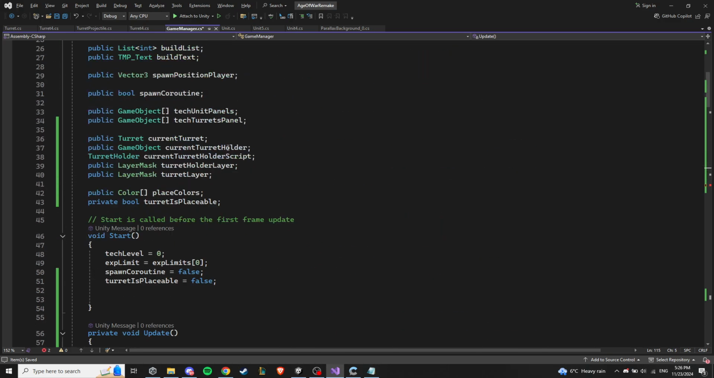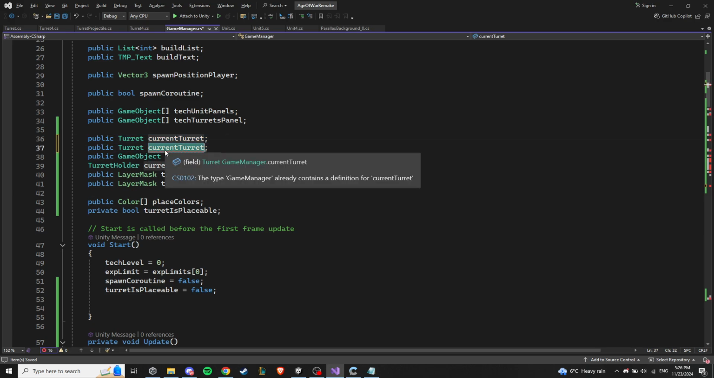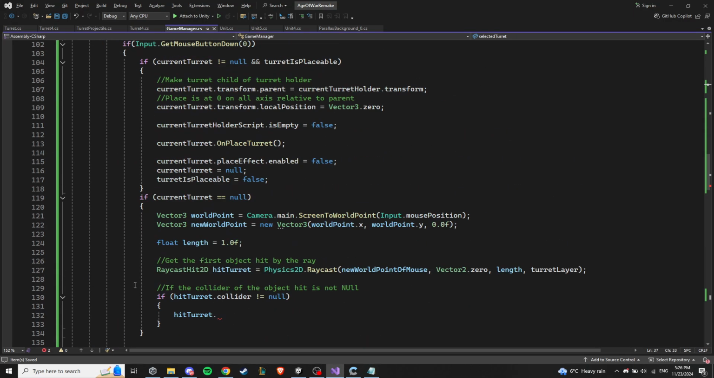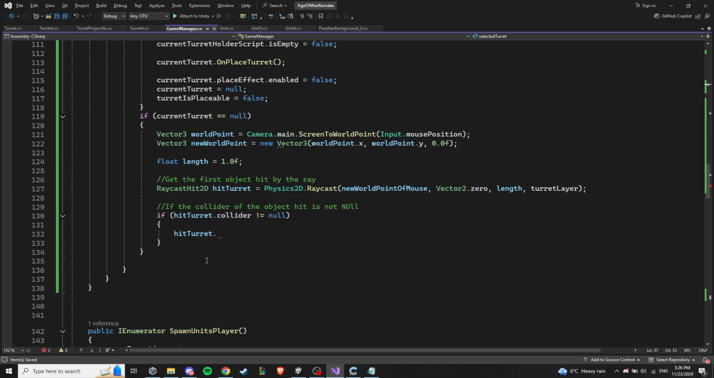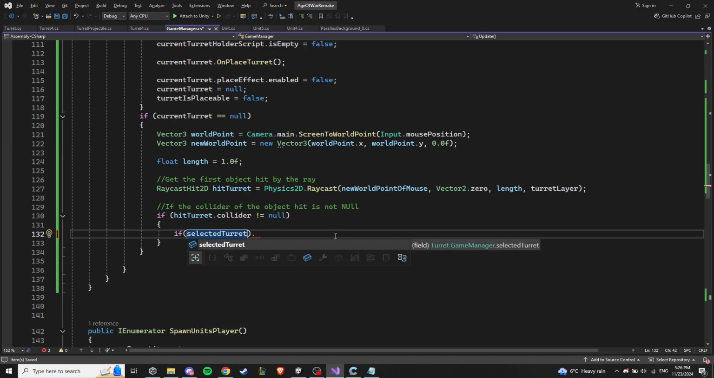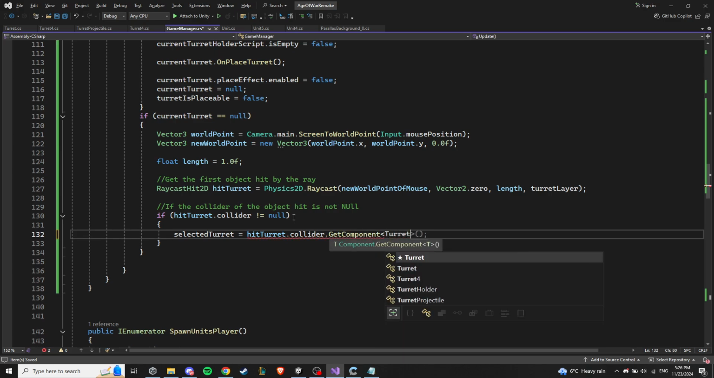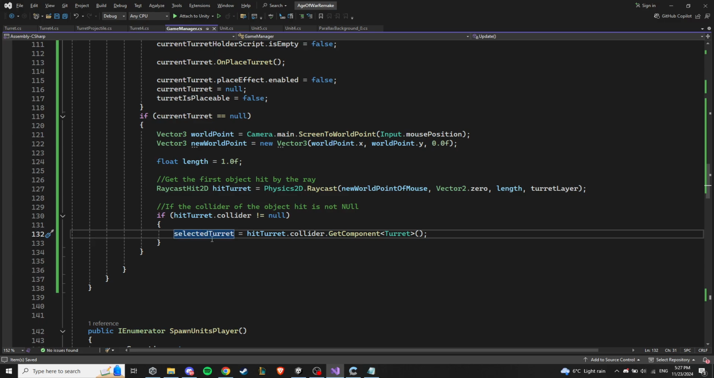and let's create another variable here, not current turret but selected turret. Here we want to say that if selected turret is different than null. Well, actually, not really. We just need to say hit turret. Selected turret is hit turret dot get component. Sorry, not collider, but get component turret. So on click we say that that turret is selected,